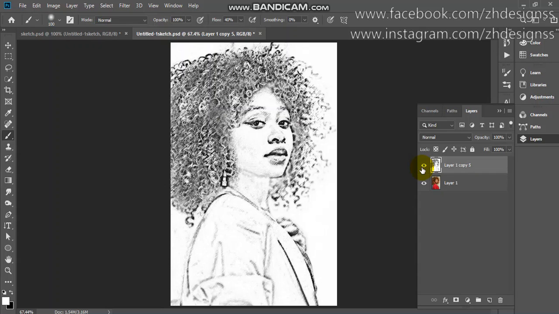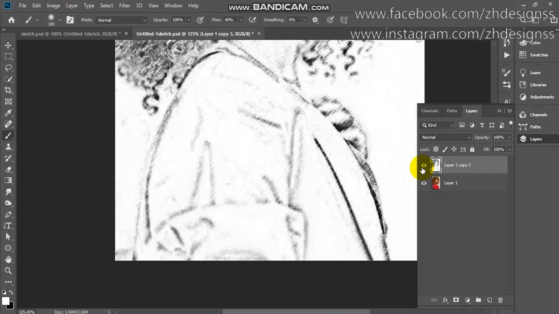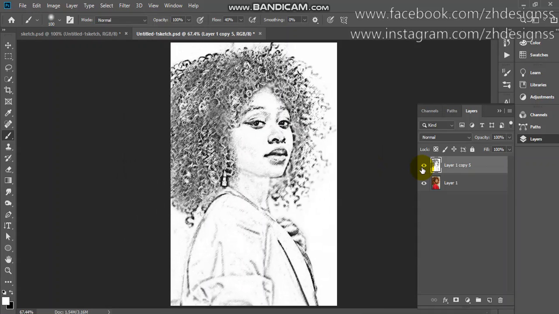If you want to add a stroke, you can use your brush tool. You can color overlay your fine edges to make them more black, or even use the pen tool to create this. But I think it is looking much better now. You can play according to your image.